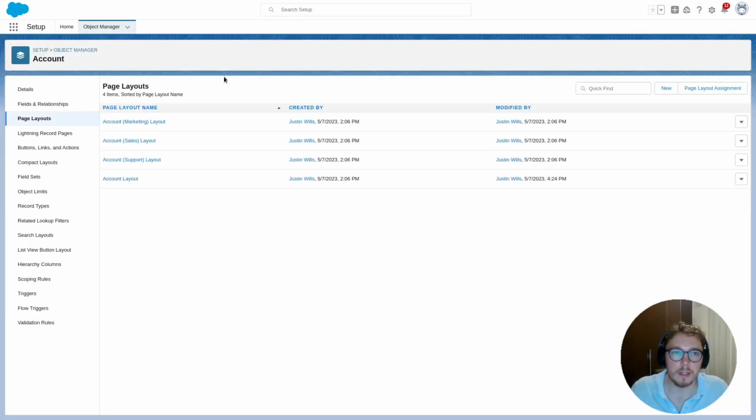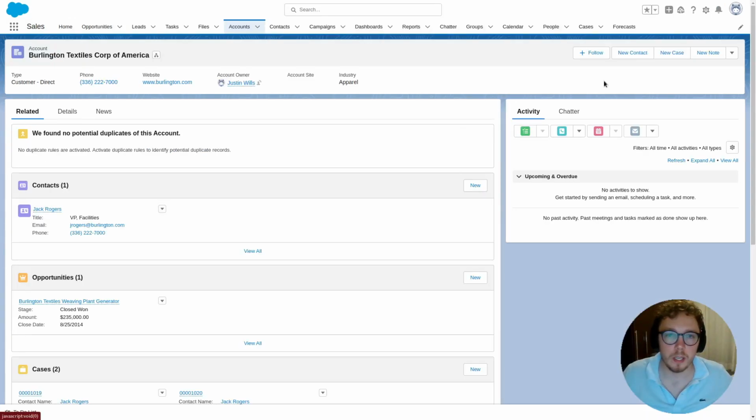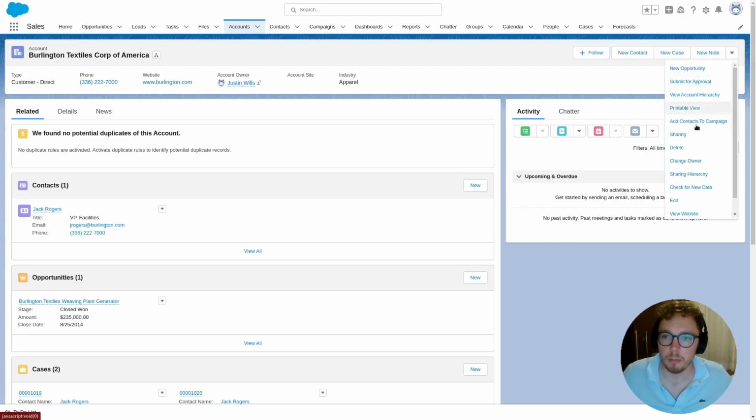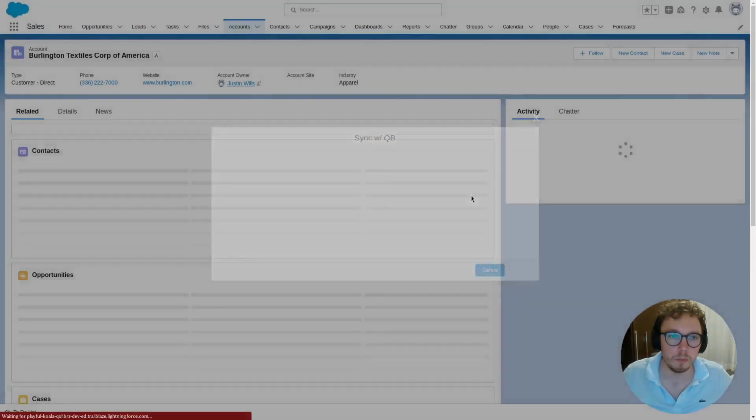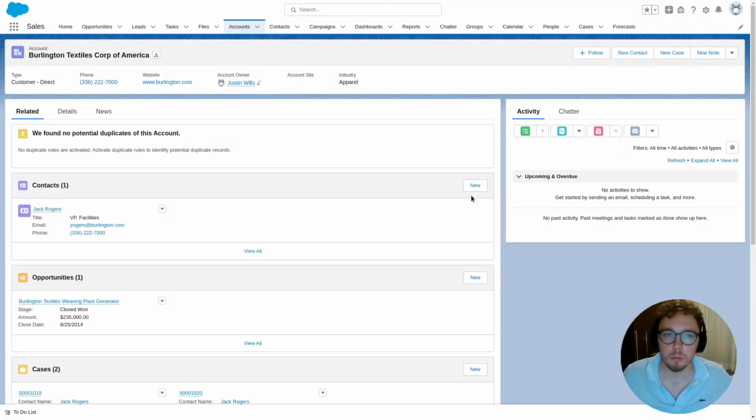We'll go ahead and save, and we'll go back to the account. Now that we're at the account page, it's time to go ahead and sync this record. If we go to the action bar, click Sync with QuickBooks, we can run the sync, and we'll be greeted